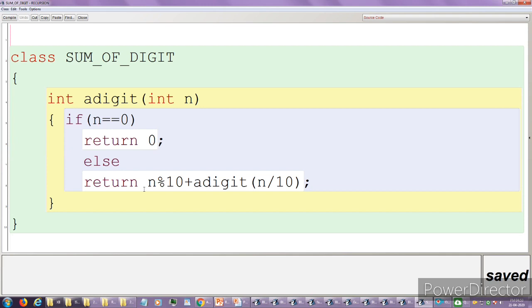And see, we are using only the input variable. We are not using any other variable. Why are we able to do it? Because when a method calls itself within its body, each and every time it is stored in a fresh memory location. And again and again I repeat, this is the main feature. If we are able to understand this, we can easily solve any kind of problem.